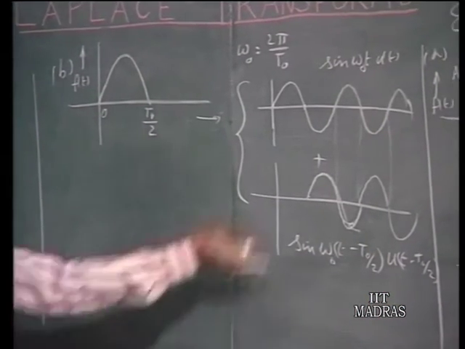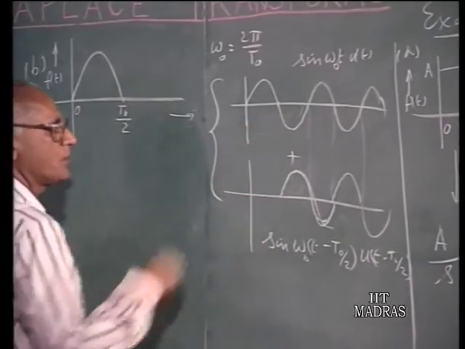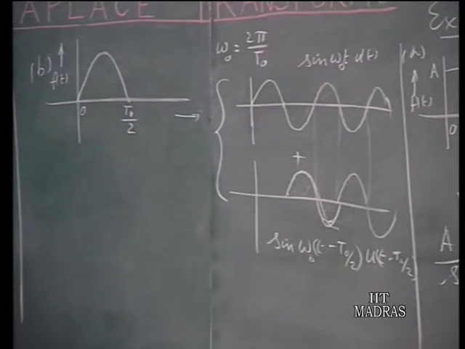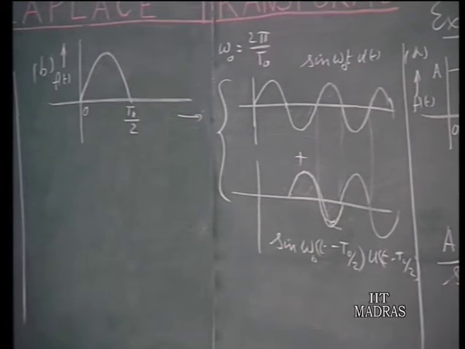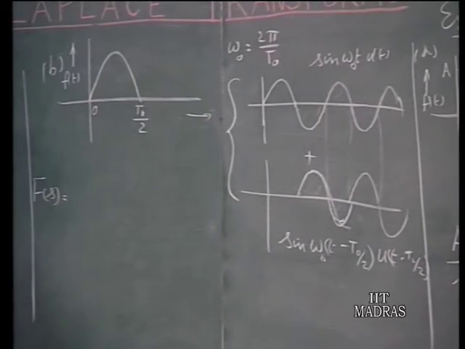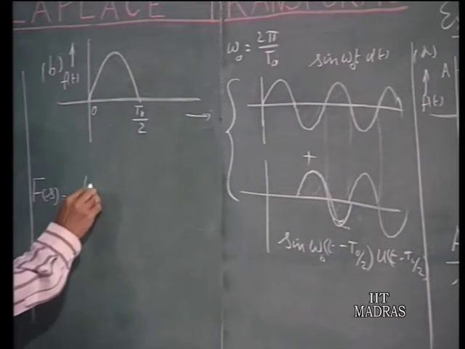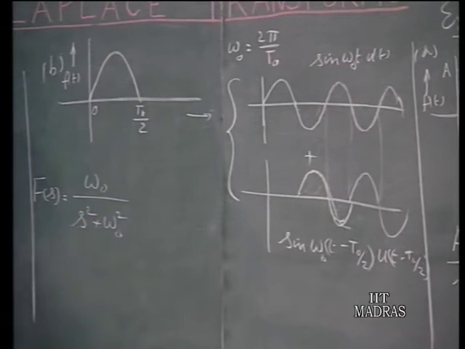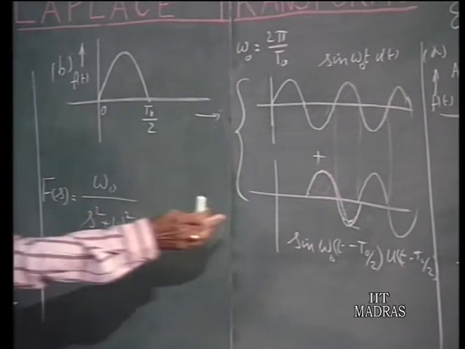Now, if you add these two, this negative loop is cancelled by the positive loop, this positive loop is cancelled by the negative loop, and so on. If you add these two, this is what you get, right? And therefore, if you add the Laplace transforms of these two, you will get the Laplace transform of this by the linearity principle which we talked about. Okay. Therefore, the Laplace transform of this single loop will be the Laplace transform of this, which is omega naught over s squared plus omega naught squared, plus the Laplace transform of this,